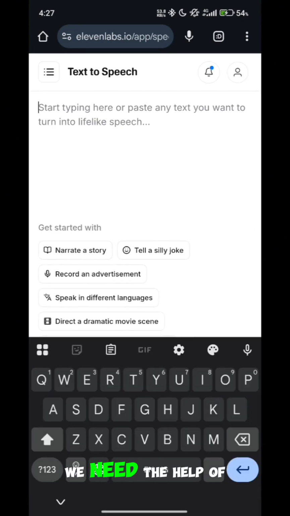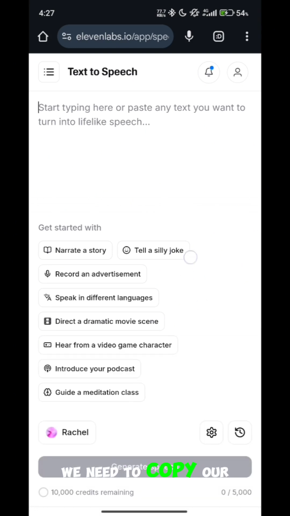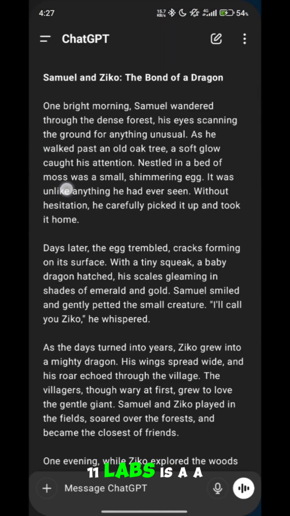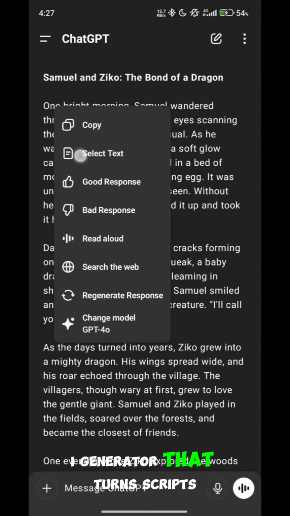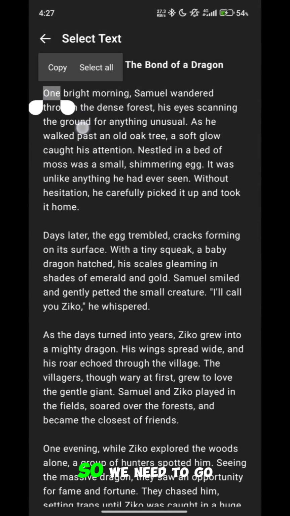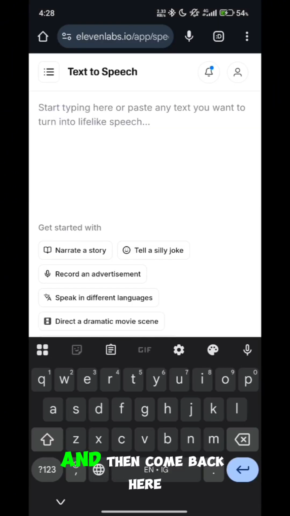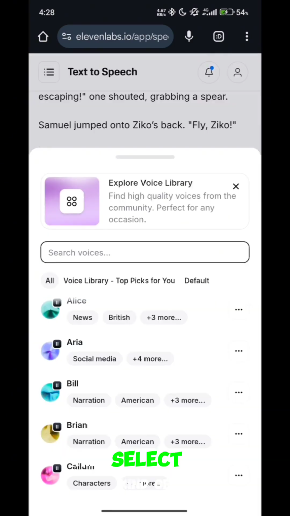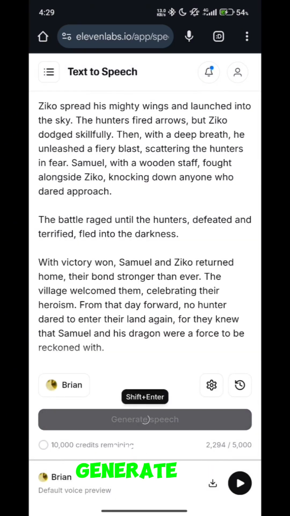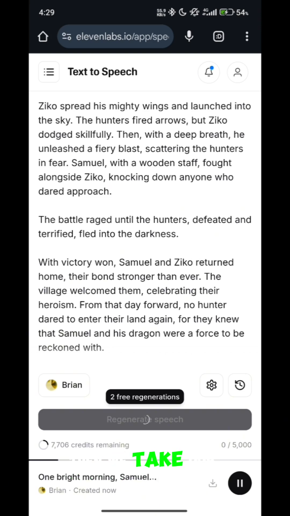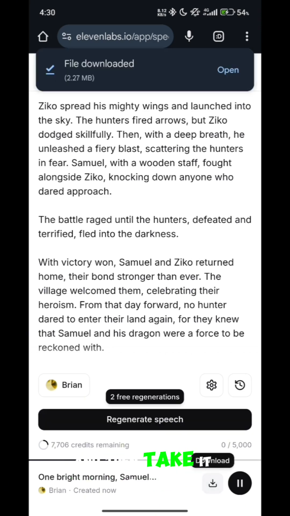Now, the last step we need to take to make our video very engaging is our voiceovers. So we need the help of our script. We need to copy our script and then paste our script on 11 Labs. 11 Labs is an AI generator that turns scripts to voices. So we need to go back to ChatGPT to copy all of our scripts and then come back here to 11 Labs, then select the kind of voices we want and then generate our voiceover. After generating our voiceover, we download it and then take it back to CapCut